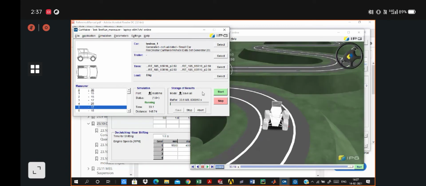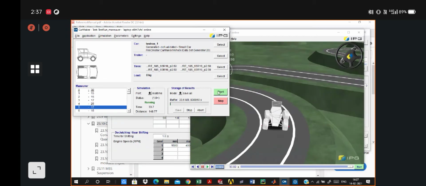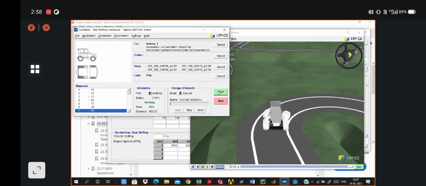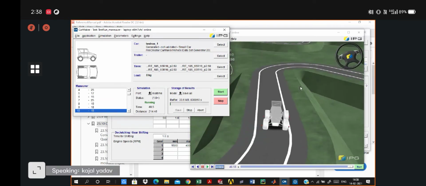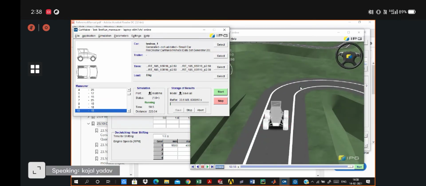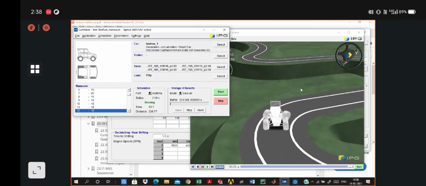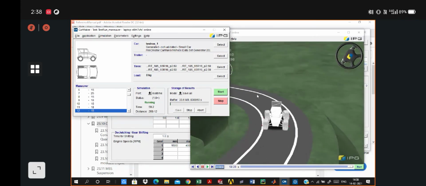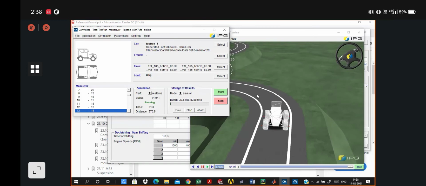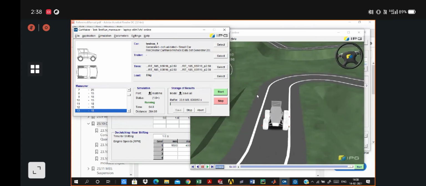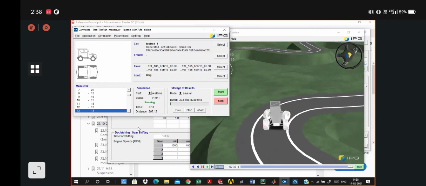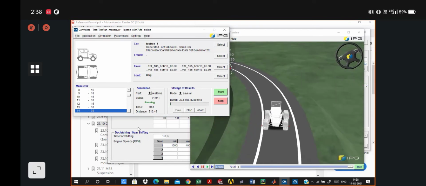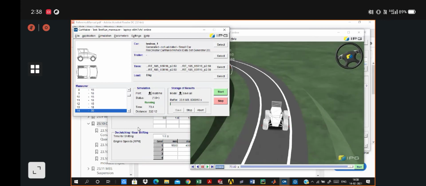So it totally depends on how well you define your manual and how well your vehicle parameters are defined in the vehicle dataset. You can maximize your vehicle performance by defining your manual well. Your vehicle performance will be greatly affected or greatly enhanced by how well you define your manual. So it is a very important step of your simulation.